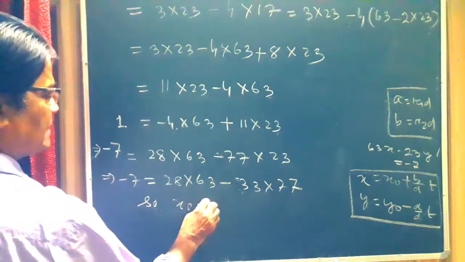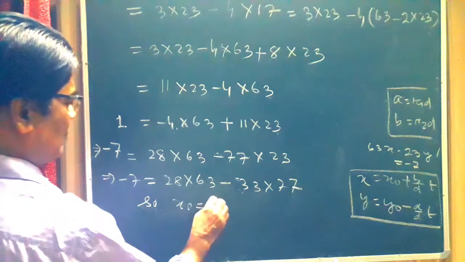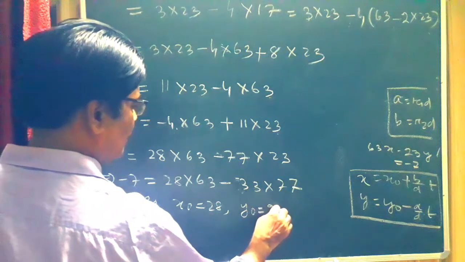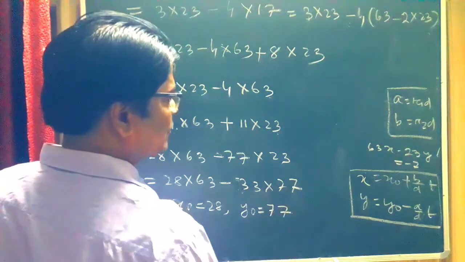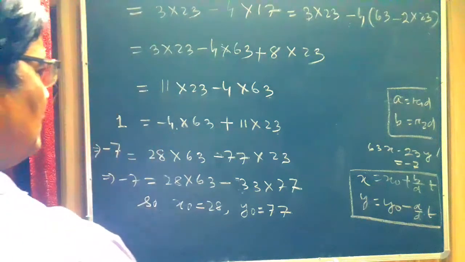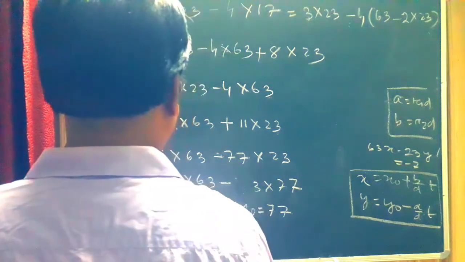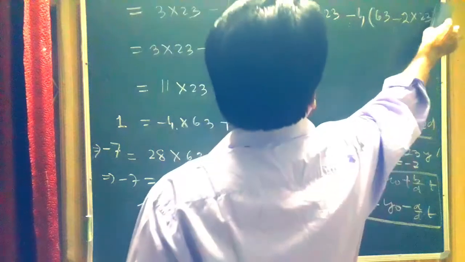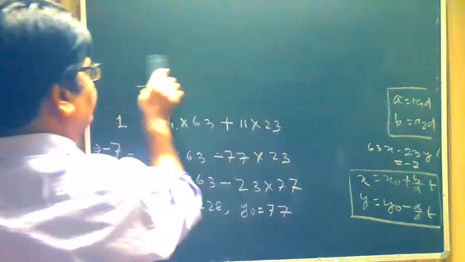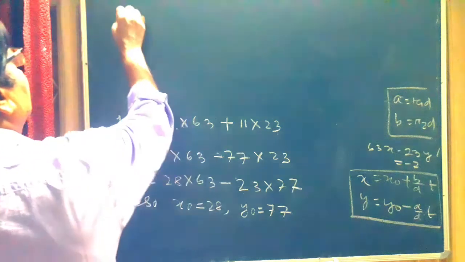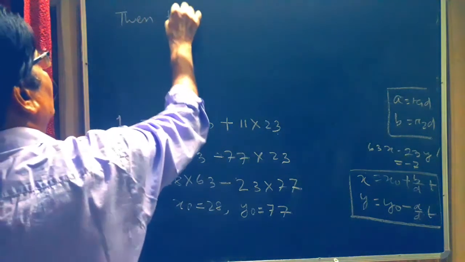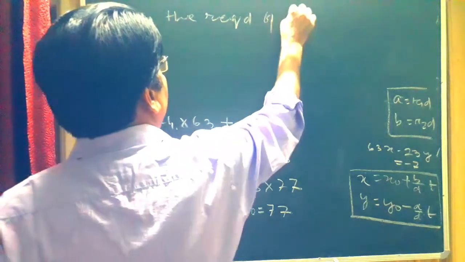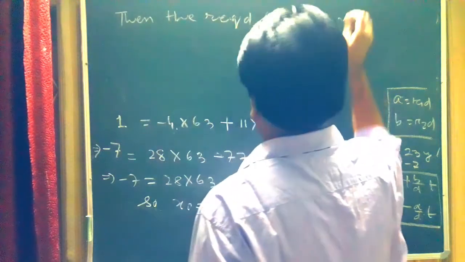So we get x0 = 28, y0 = 77. Then the required general solution is